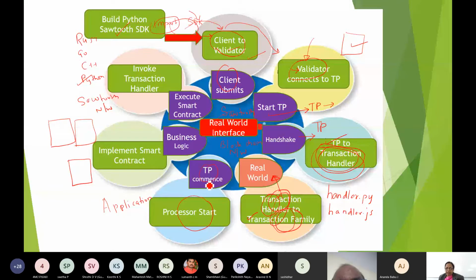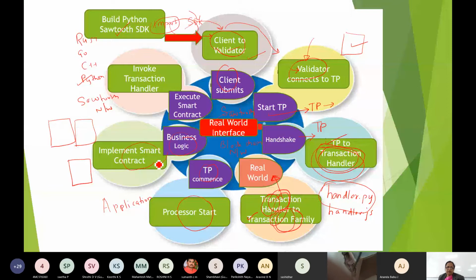Okay, then this handler.js, or say, let me take Python only, handler.py is there, no? It will be having the business logic commands, and it will implement the smart contract.